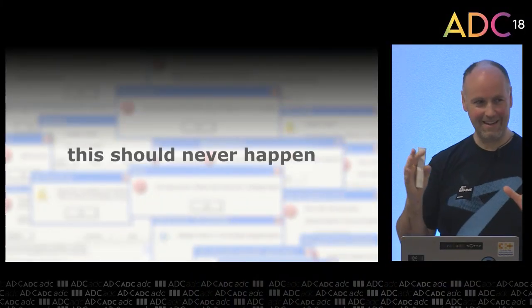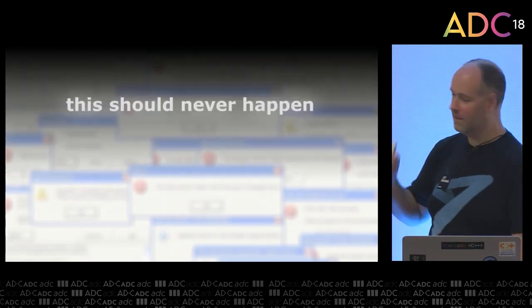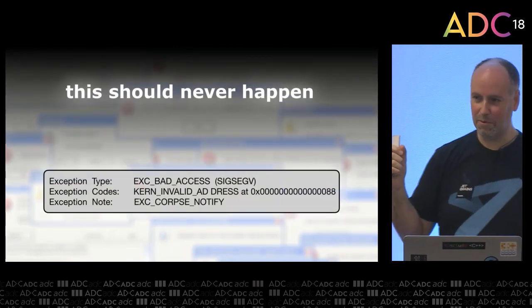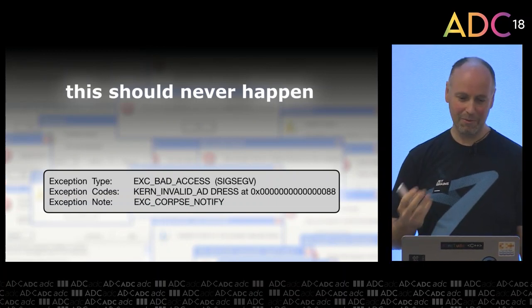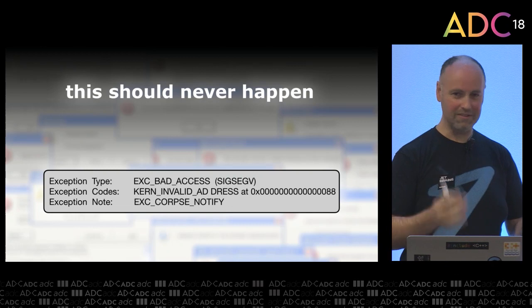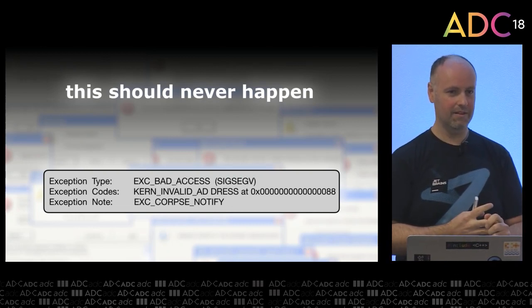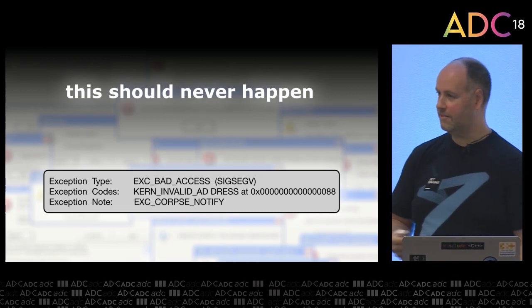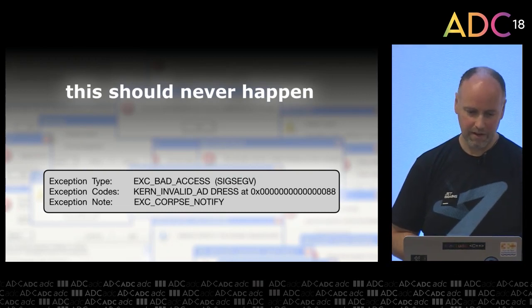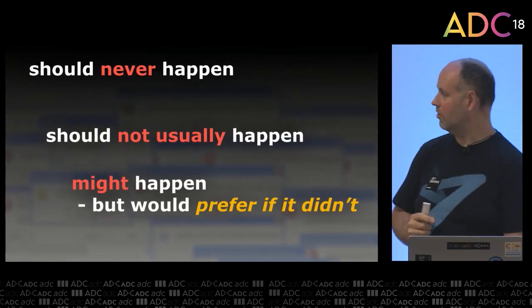In fact, this beautiful moment of irony: when I was preparing these slides originally, Keynote crashed on me at exactly this point and gave me the stack dump. So the point is, we have code where we say this particular situation should never happen, and yet it does. We need somehow to be able to allow for that. There's various techniques. So that's one category of error. This should never happen.